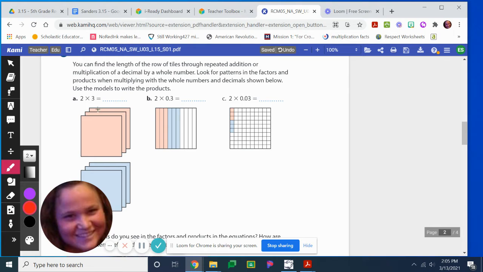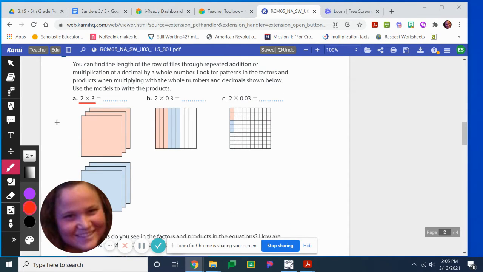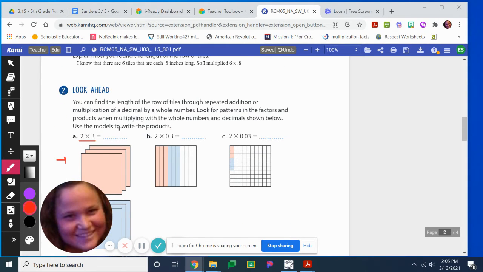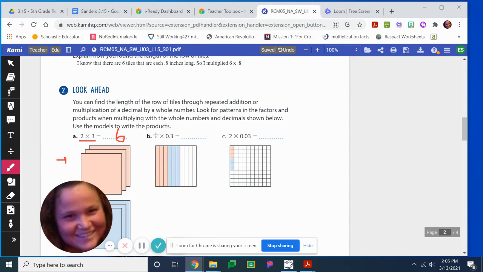So for example, if I have 2 sets of 3, here's one set of 3, here's the next set of 3. If I add those together, which is 2 times 3, I get 6. In this problem, it's showing me 2 sets of 3/10. Here's one set of 3/10, here's the next set of 3/10. In total, I've got 6